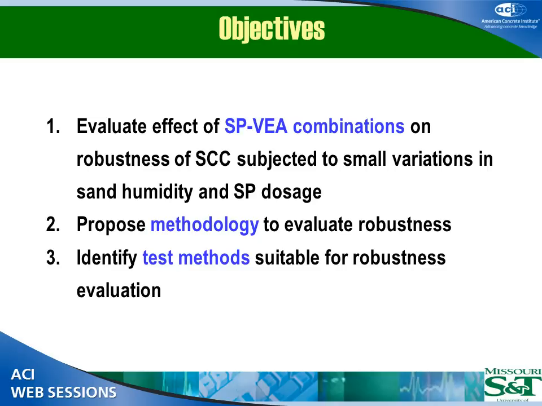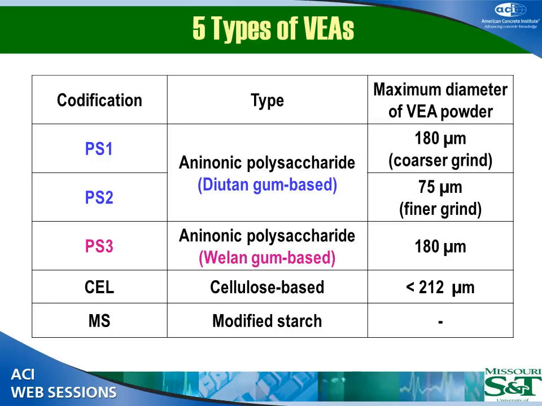So if I'm presented with a mixed design or a type of binder or aggregate admixtures, do I need to do all the fresh and mechanical properties and durability, or can I, from a statistical point of view, say, okay, I can zoom in on a few tests to be able to do that exercise? So for the first part of the study, which is the main part of my presentation, we're looking at